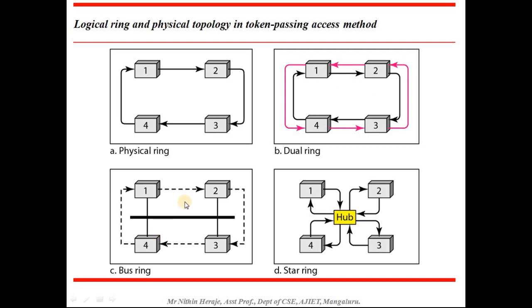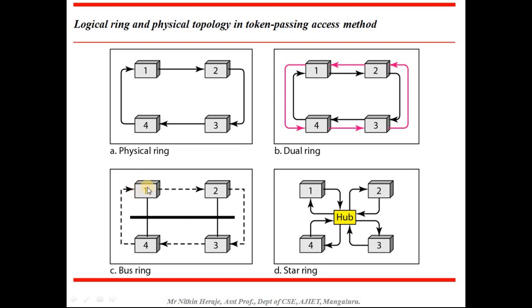Next, coming to the bus ring topology. In this topology, the data is transferred through this bus, and all the stations are connected through this bus. And there is one logical link here. You can see a ring kind of thing. This ring is giving the sequence, that is from station 1 let us go to station 2, then to 3, and then 4. But the data or token will pass through this bus itself.